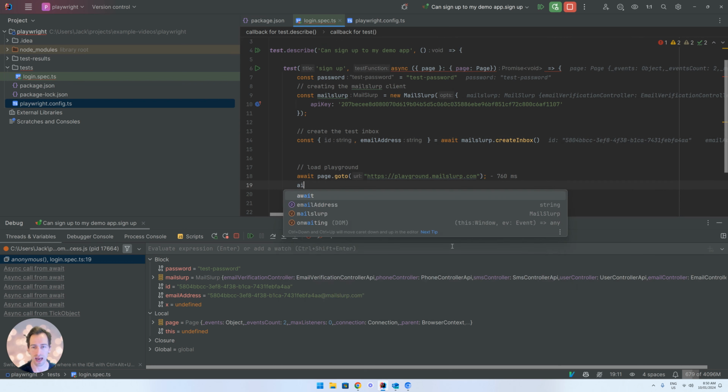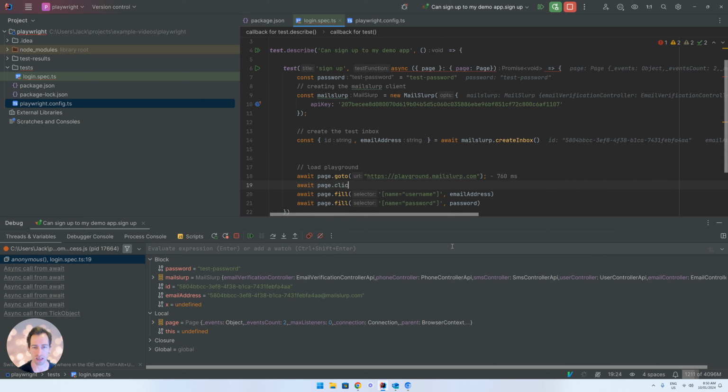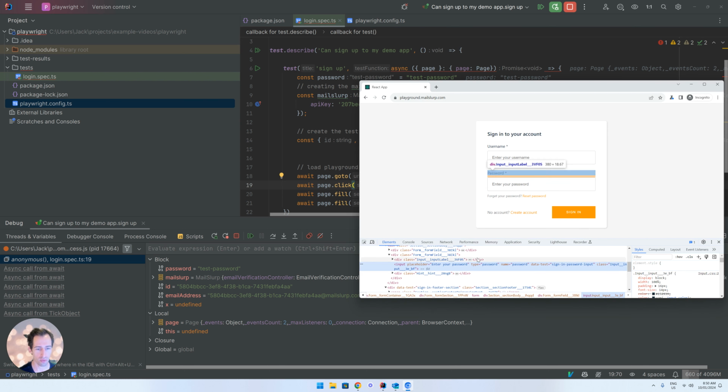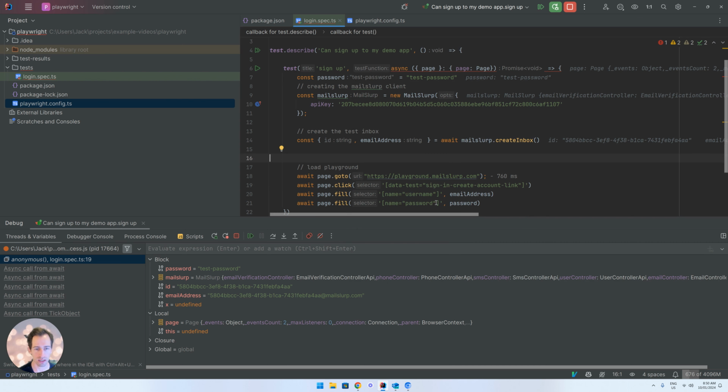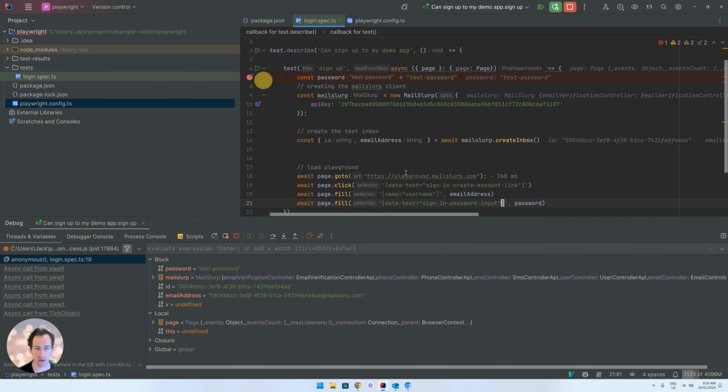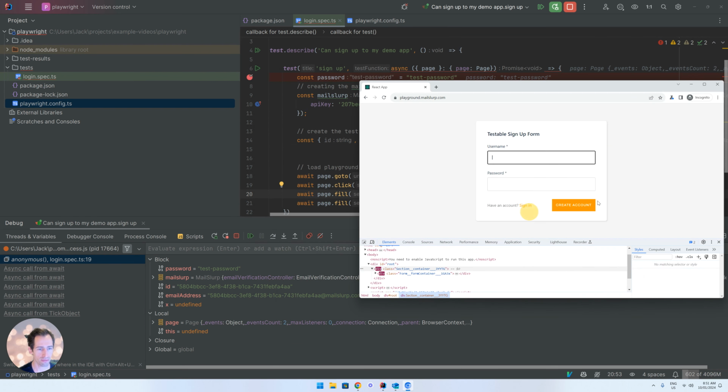So we'll go to the app, and then we will click the test ID, and that should load the sign-in screen. Okay, so once that's done, we want to fill out the sign-in password. Okay, so we'll change these so they're a bit more specific. Here's that. Put that like that. Okay, and then we want to click the,